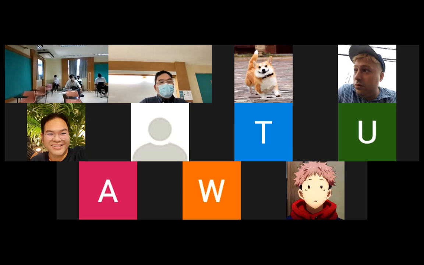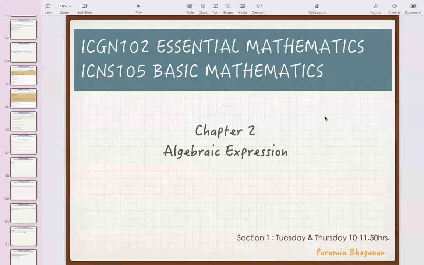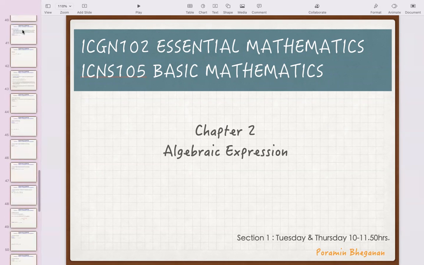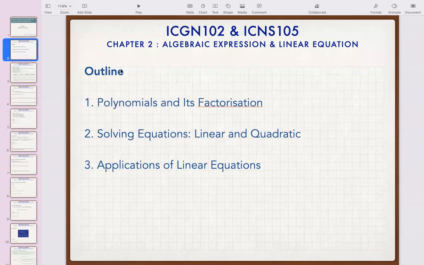In chapter number 2 we are going to study algebraic expressions. Algebraic expression is the expression in algebra that you have to learn. For this chapter, we will learn about algebraic expressions as well as linear equations. What does it mean by linear equation? A linear equation is the equation about